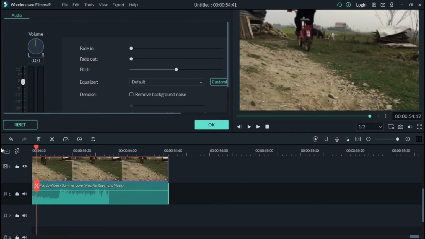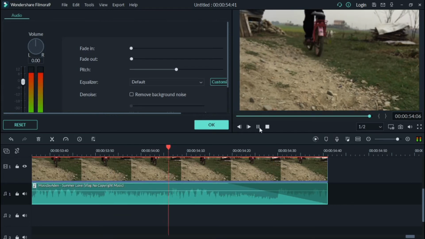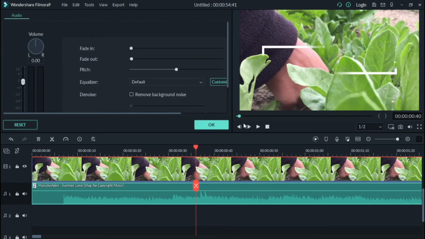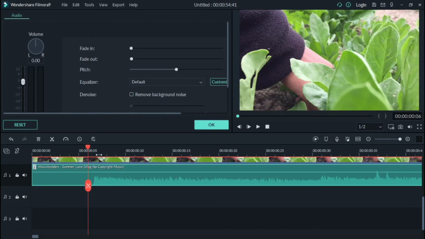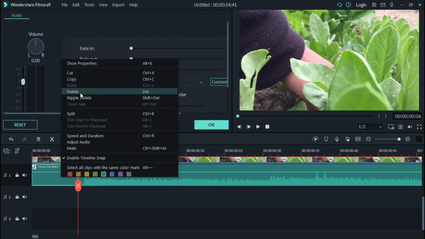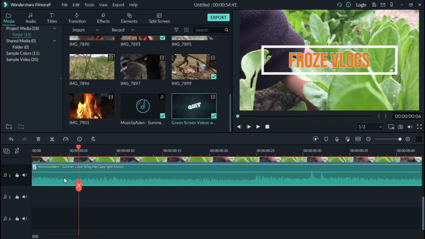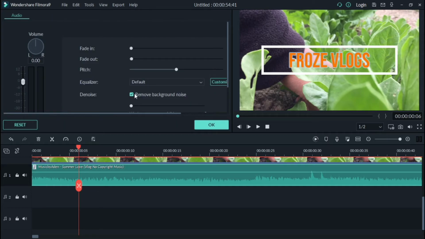You can also customize the audio. You can cut the excess part in a similar way. If the video has unwanted sounds or excess parts, you can enlarge the audio file, listen and cut it step by step. You can also remove the background noises. You can do a fade out of the audio to give a beautiful, slow sound ending.